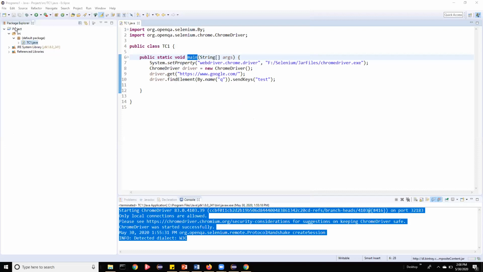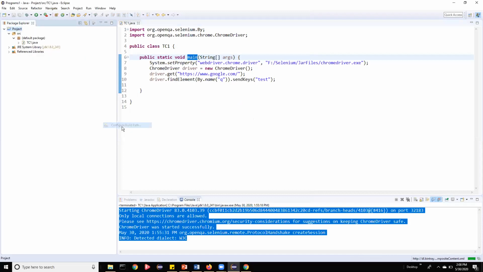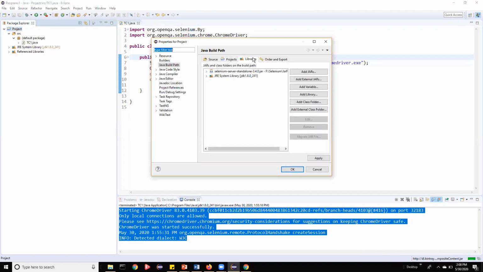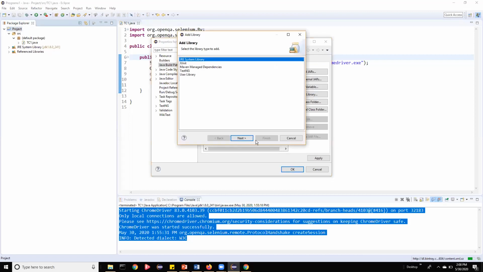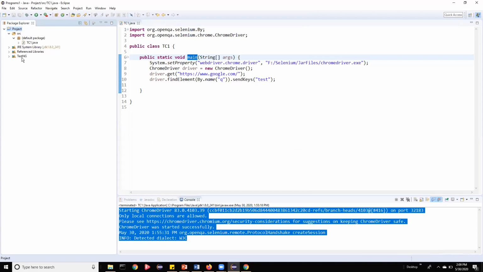Right click on your project, which can be a Java project or a Maven project, anything. Go to Build Path, then select Configure Build Path. On the Libraries tab, click on Add Library, click on TestNG, then Next, click Finish, then OK.